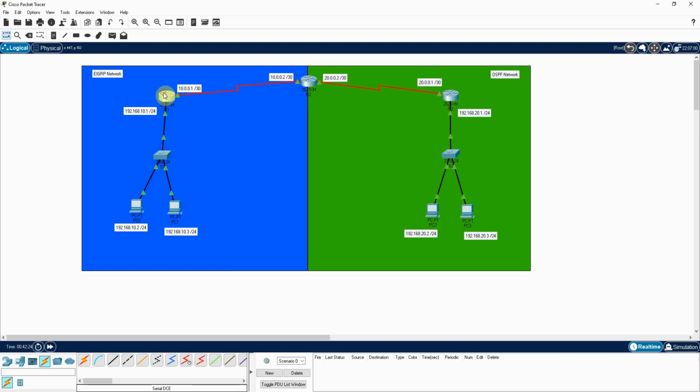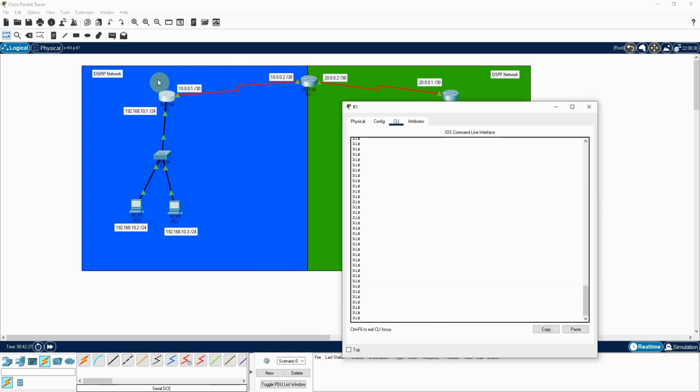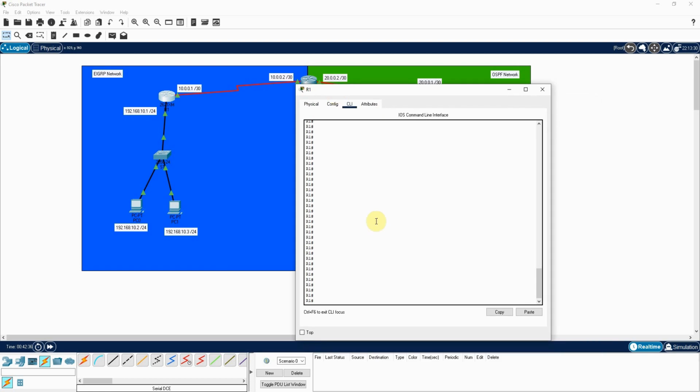So first let's go to R1. We have to configure EIGRP on R1, which is connected to two networks, 10.0.0.0 and 192.168.10.0. So let's go ahead and configure it. Config terminal, router EIGRP and the process number, I'll just say 1, and then the network which we want to advertise, which will be the directly connected networks to this router. So it is